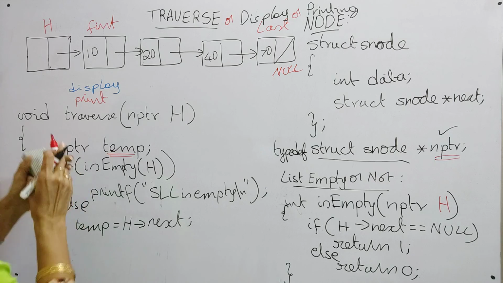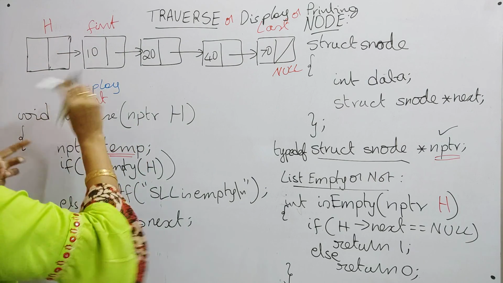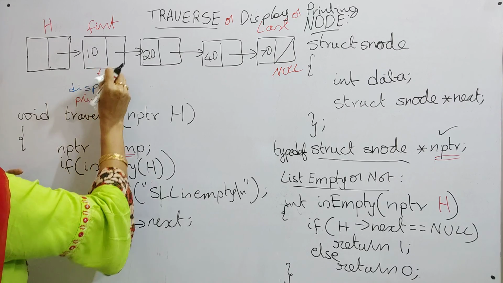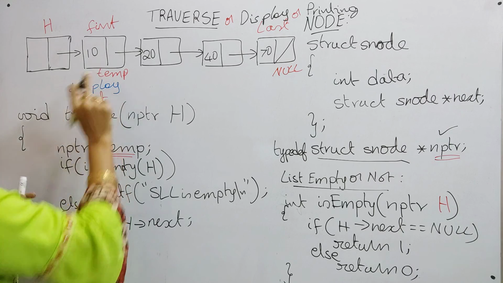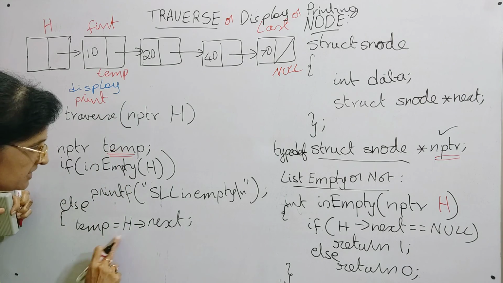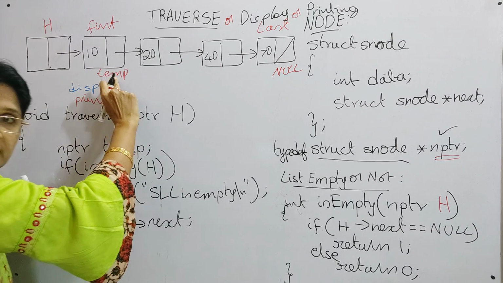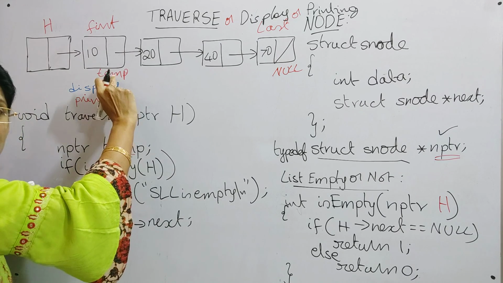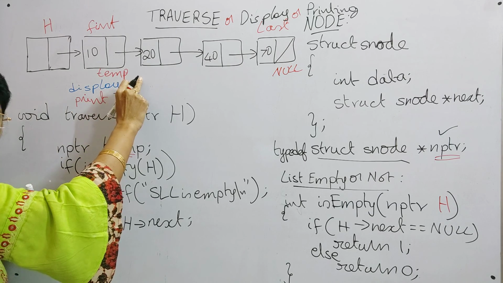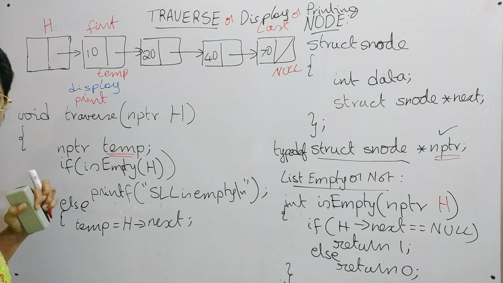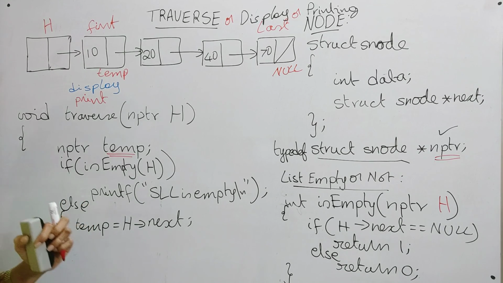So where is our temp now? Our temp is at this particular location. Now where is our temp? It is at this particular location. So temp is equal to h next. What is h next? The first node. So where is our temp now? It is at the first node. Once it is at the first node, can we display our value? Yes, we can display our value. So what can we do for that? You have to